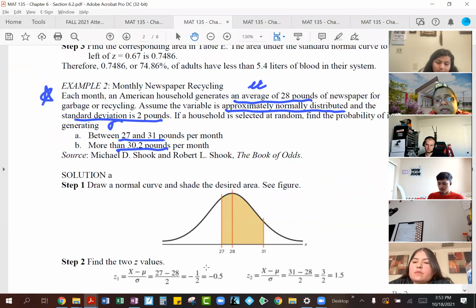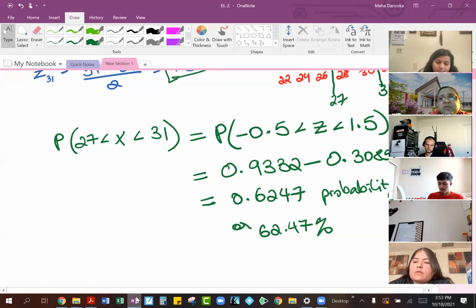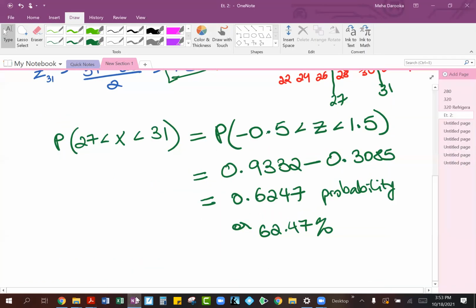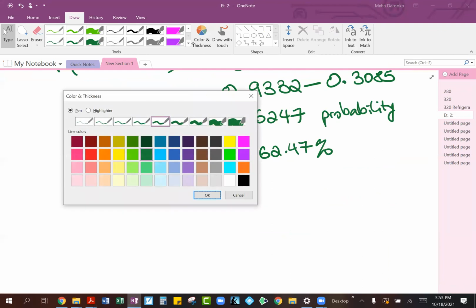Now with that more than 30.2 pounds, if you had to do that calculation, more than,